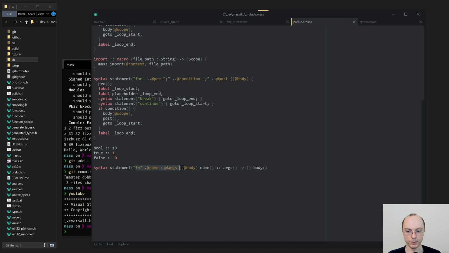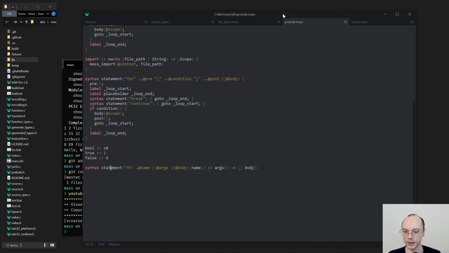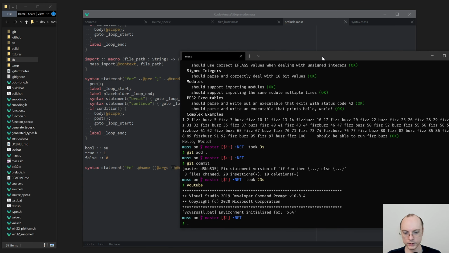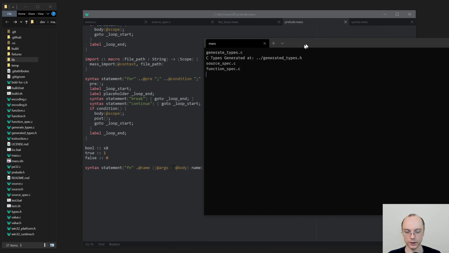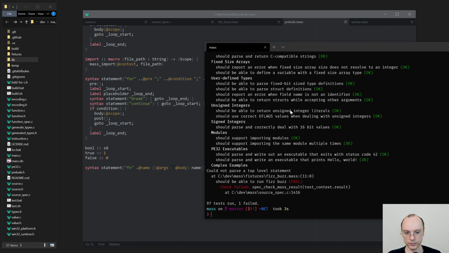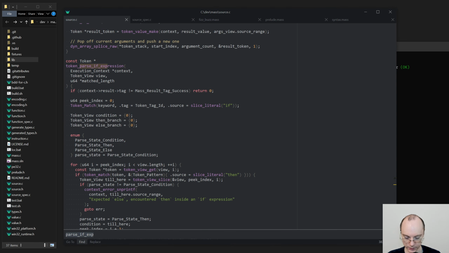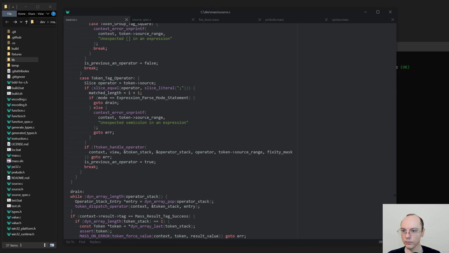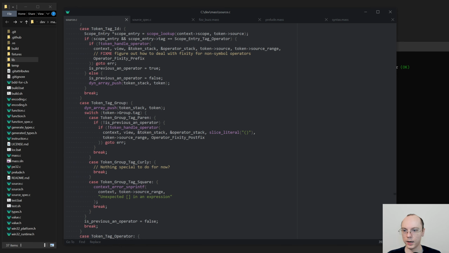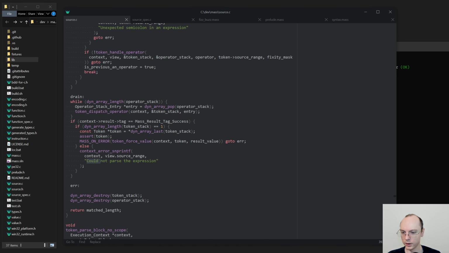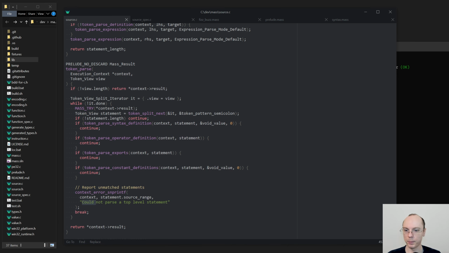However, I don't think this will work. So we'll have to do some adjustments on how the syntax statement implementation is happening, or we'll have to introduce a new type of syntax definition. We'll see. If I try to run the tests, we will probably fail miserably. Yes, it says that it could not parse a top level statement. I expected this kind of error, and this kind of error happens because, yeah, it happens because we have this special mode